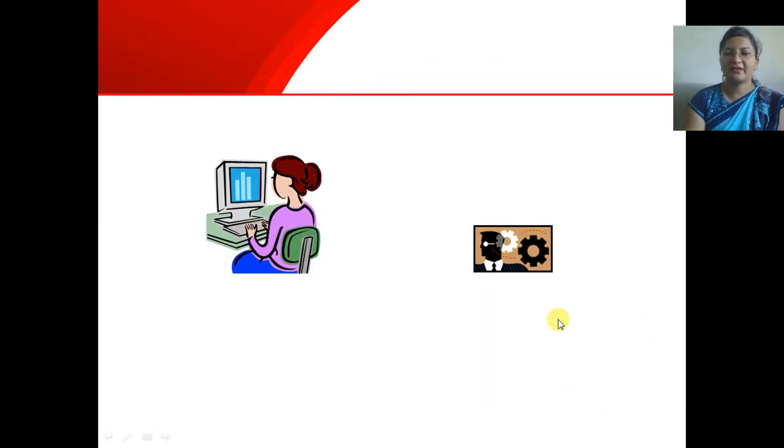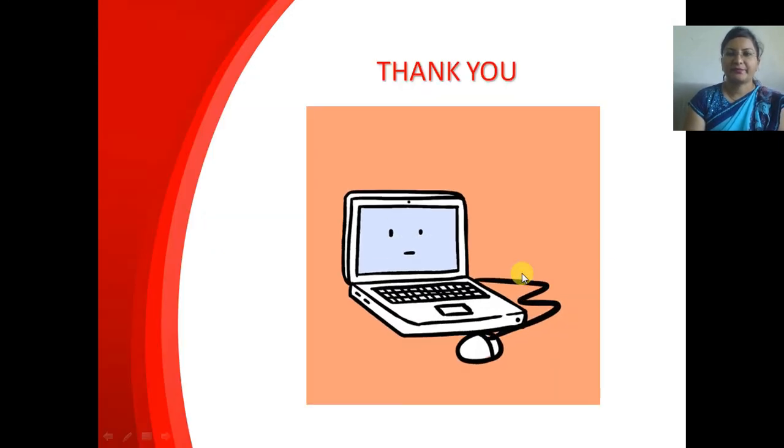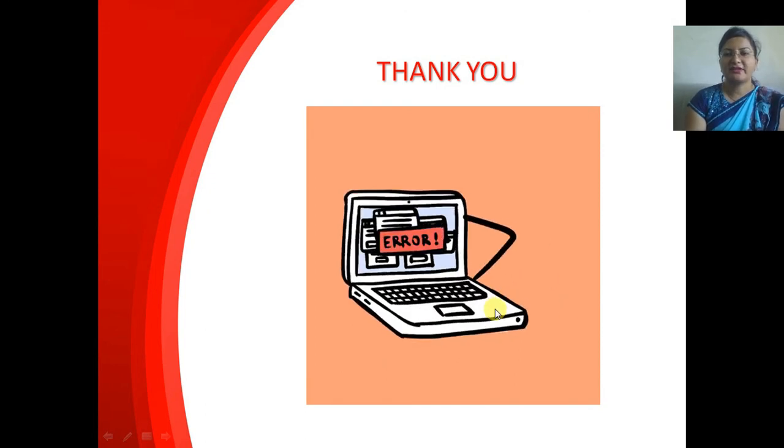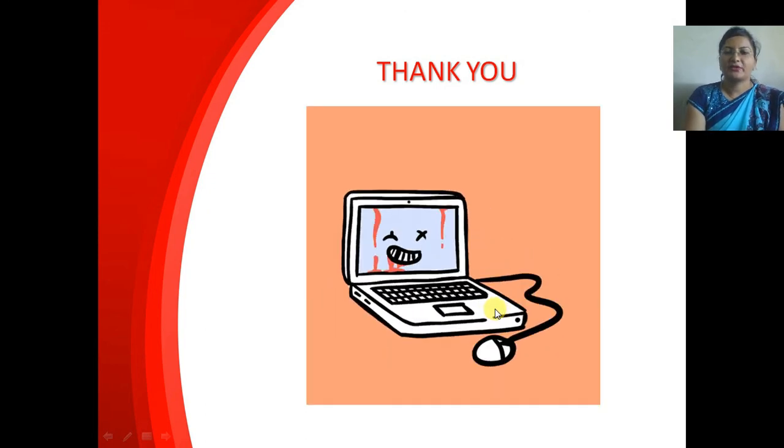Okay, in the previous slide you can see this is a movie from the clip organizer which is already existing, so we can use this. You can see the animated GIF inserted.